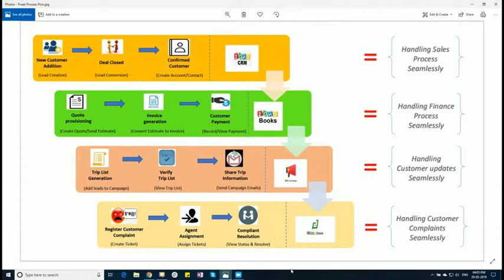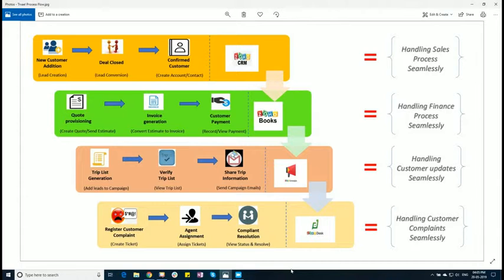In this video, we'll see a walkthrough of a process for a travel management company. As you can see in this picture here, this travel management company uses Zoho CRM to track their leads, convert their leads and all that, and they also use Zoho Books to manage their accounting, and they use Zoho Campaigns for all their campaign related activities, and finally they use Zoho Desk to keep track of issues and track the